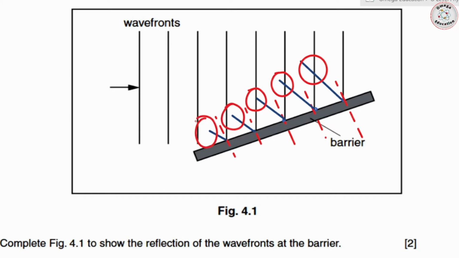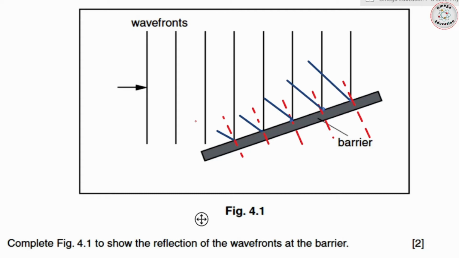First of all, these reflected wavefronts should be on the opposite side of the incident wavefronts. Second, the angle of incidence should be pretty much the same. In principle, it should be exactly the same, but angle of incidence should be equal to the angle of reflection. Third point that you need to consider is, if I consider this one wavefront, then the length of this wavefront